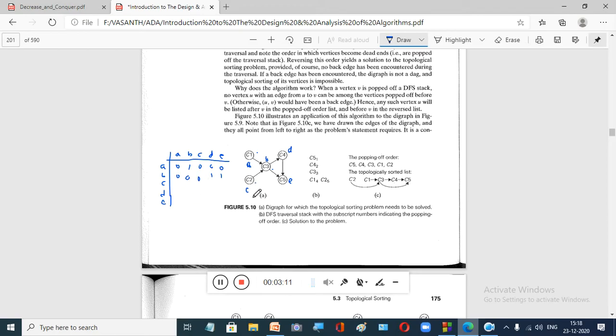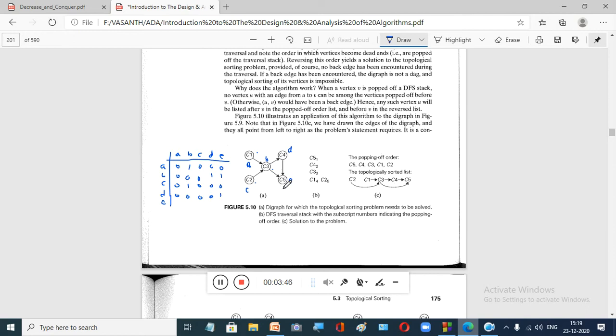Now we will go to the third vertex C. From C only one edge is there, which is going to B, so here we will write 1. For all the other vertices from C you don't have any directed edge, so we will mark them as 0. Now come to vertex D. From D there is only one edge, which is going towards E, so from vertex D to vertex E we represent it as 1. For all the other vertices we will mark it as 0, right?